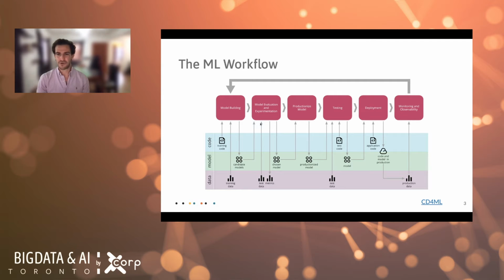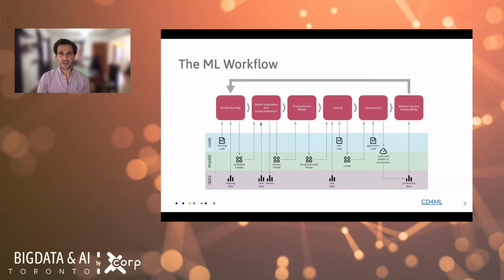And models are no exception. In actuality, models have the potential of degrading even faster than other types of code, and therefore require a lot more monitoring and observability. And I'll talk about the distinctions between DevOps and MLOps a little bit later, but hopefully this gives us some perspective on how model monitoring and observability fit into the ML workflow.